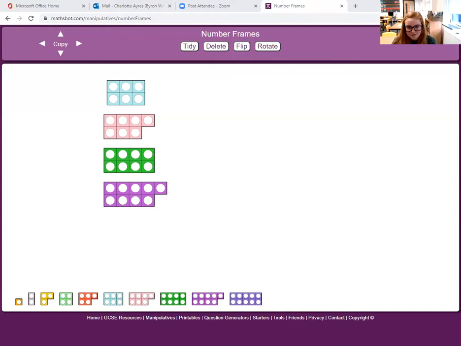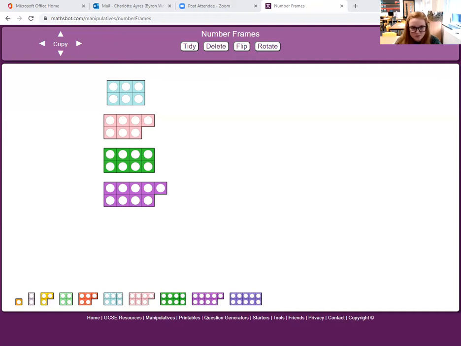Repeat, repeat, repeat. So this is my core and this is the pattern repeating. So let's have a look at creating another one. So this time I'm going to start with